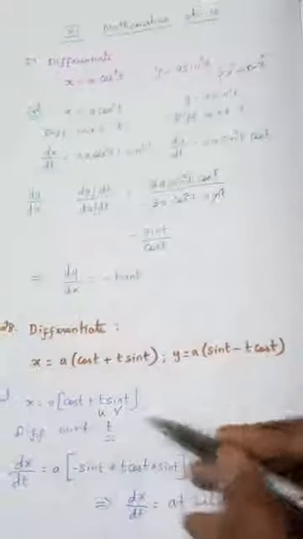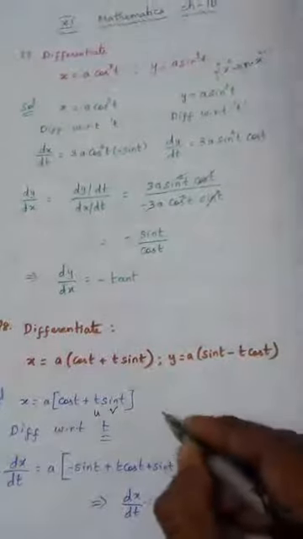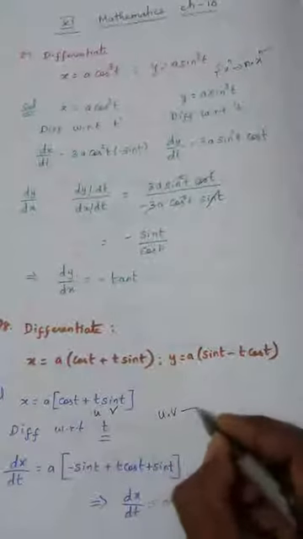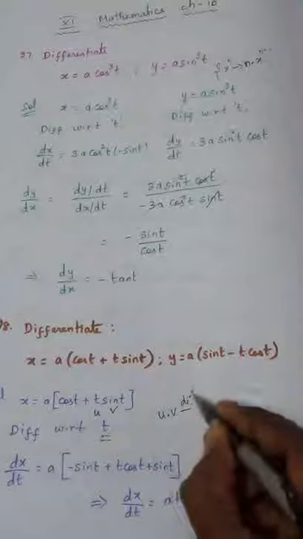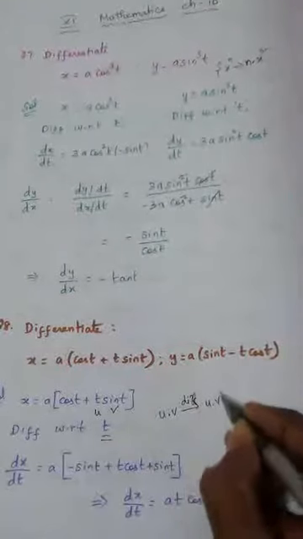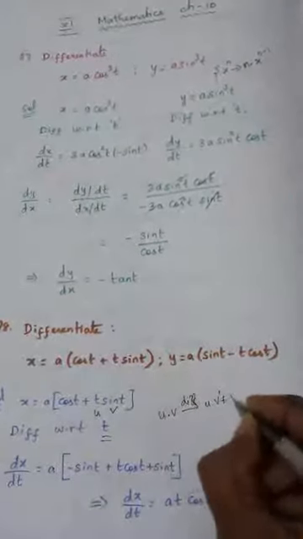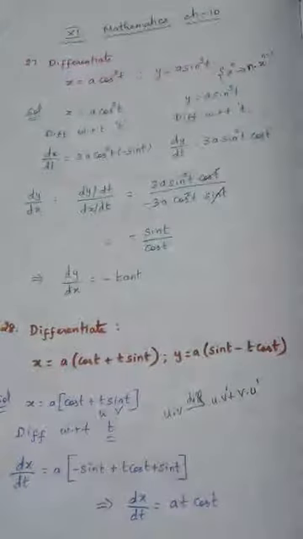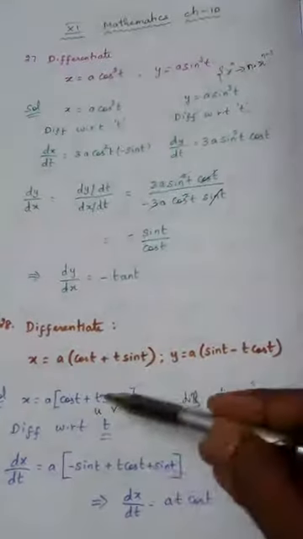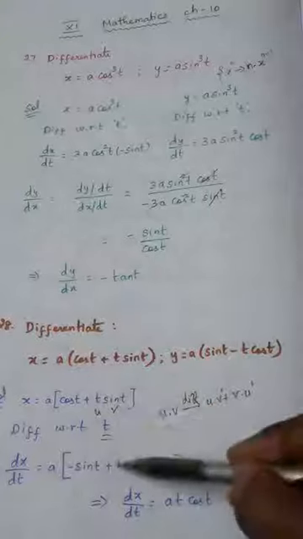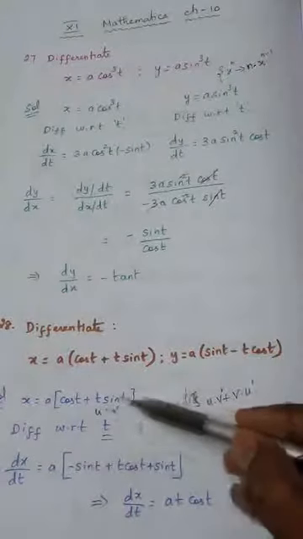Differentiation, UV method. What is the UV formula? If you differentiate u into v, what is the answer? u into v dash plus v into u dash. This is the formula. So applying this formula, u into v dash, that is t into v dash, sin t differentiation is